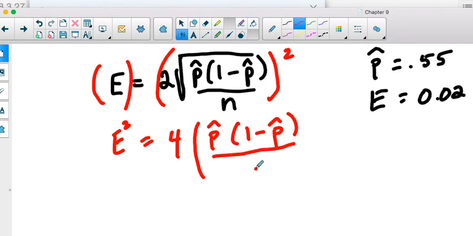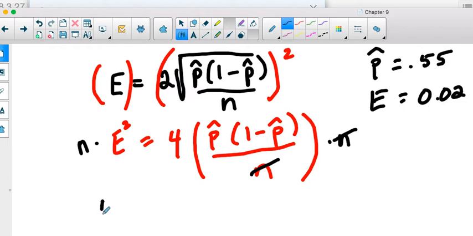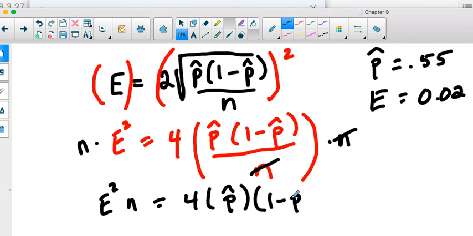Okay. Now remember, our goal here is that we want to get n by itself. So the best way to do that is to multiply both sides by n. Multiply this side by n, multiply this side by n. These will cancel, and you're going to have e squared n is equal to 4 times p hat times 1 minus p hat, right? And then the final step to isolate our n is going to be to